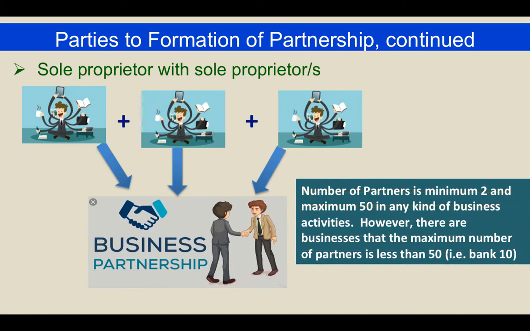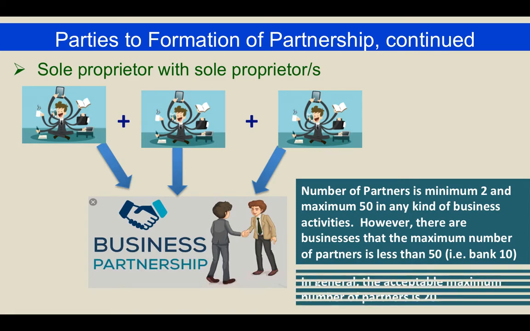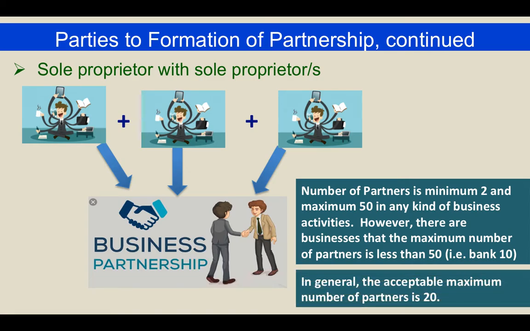Class, take note that the number of partners is a minimum of 2 and a maximum of 50 in any kind of business. However, there are businesses where the maximum number of partners is less than 50. One of these businesses is a bank. Okay, the maximum number is 10. But the acceptable maximum number of partners is 20 in general. Okay,